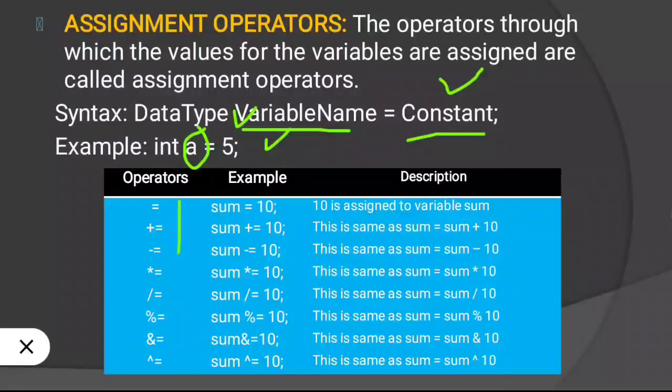Similarly, some operator also here have written example. c equal to sum, plus equal to 10 means we need to add 10 with the value of sum. Similarly, minus equal to, into equal to, divide equal to, modular equal to, and equal to, exponent equal to, this all we use as an assignment operator.